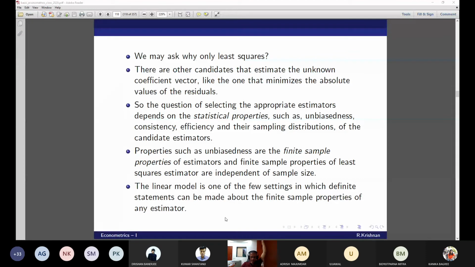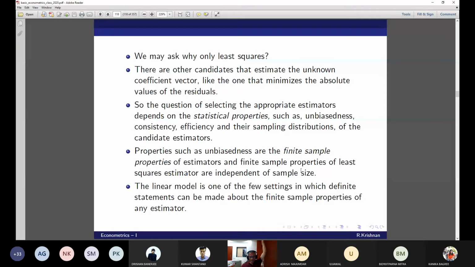Ideally, we would like this mean square error to be zero. It will not be zero. The next ideal thing is to minimize this mean square error. What is that estimator that minimizes mean square error? It is nothing but the least squares estimator. The only proviso is that you are confining yourself only to the linear class, not any other class. If you are willing to accept that, then least squares is the best.